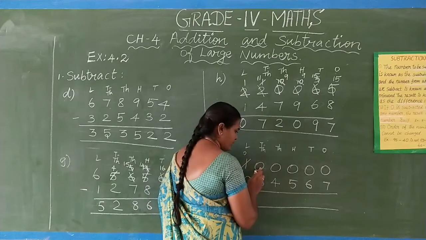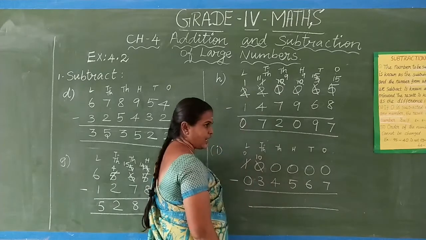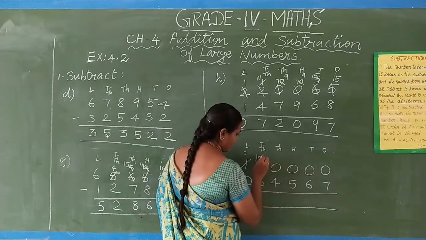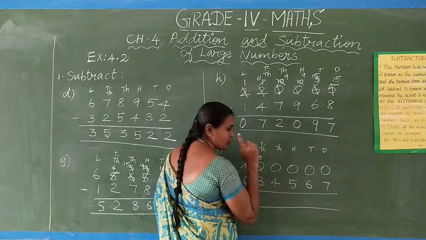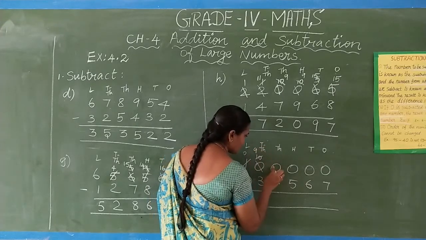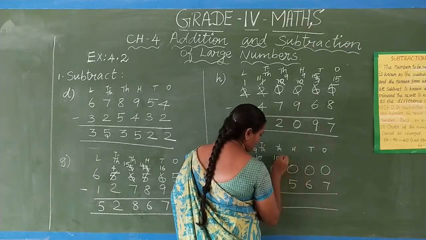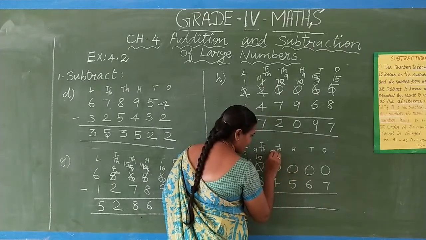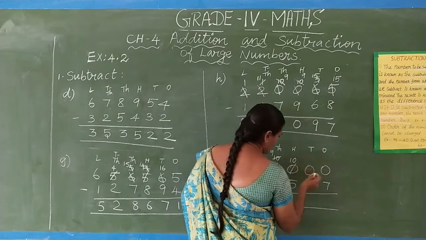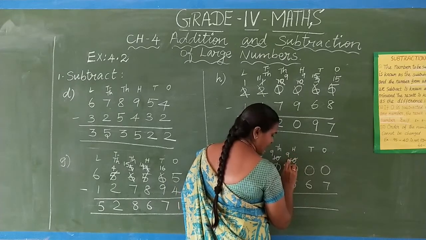Now you borrow here means 0 changes into 10. Okay. Now you borrow from here. So 10 means we reduce 1 and write it. 10 means you have to reduce 1 number. So 10 minus 1, 9. So the 0 changed into 10. Again, we have to do that. So this one is minus 1 means 9. This one changed into 10. Then go. This one is reduced 1 means minus 1, 9. So this 1